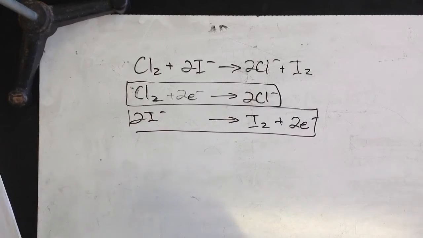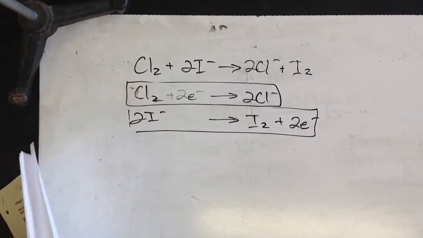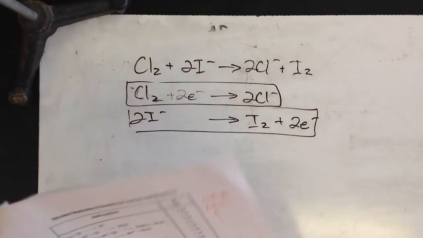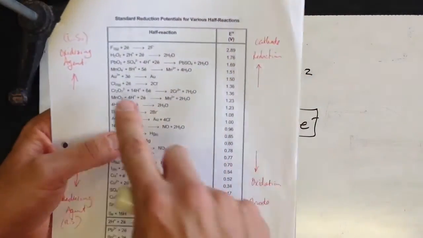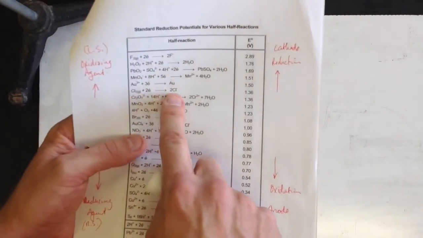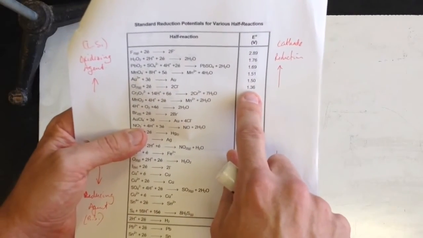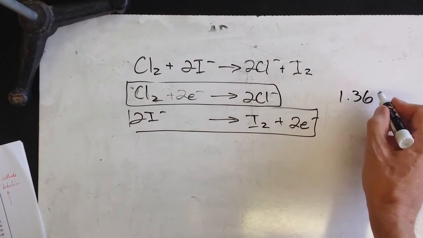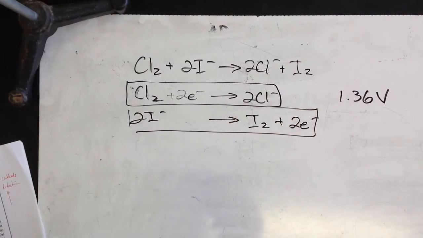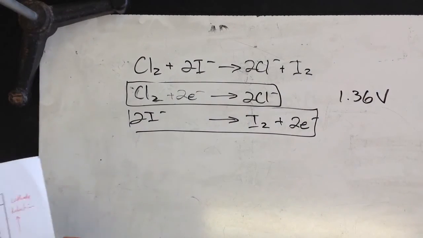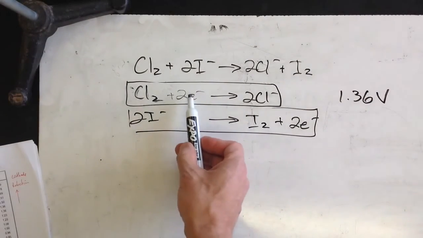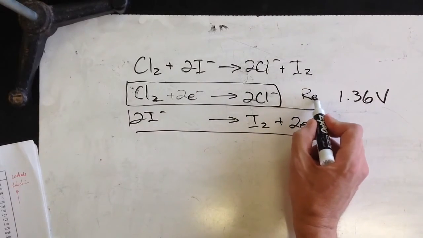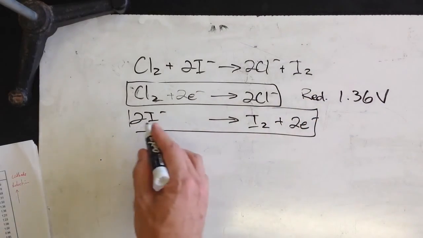Since the reaction is going in this direction, we're going to look up the first one. So we go to our chart and we're going to find chlorine, and it is right here. You can see chlorine plus 2 electrons gives you chloride, and that has a voltage of 1.36 volts. So let's just put that over here, 1.36 volts. And what's happening here is we're gaining electrons, so this is reduction. Here we're losing electrons,